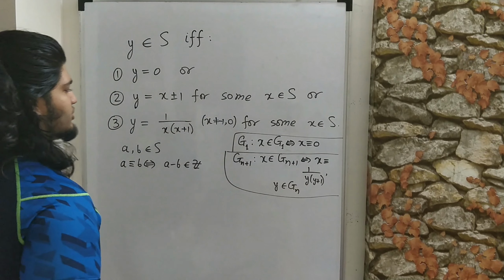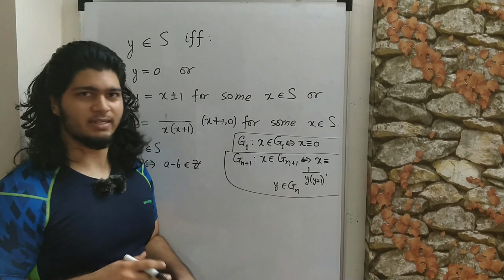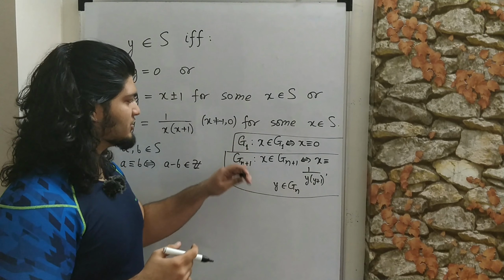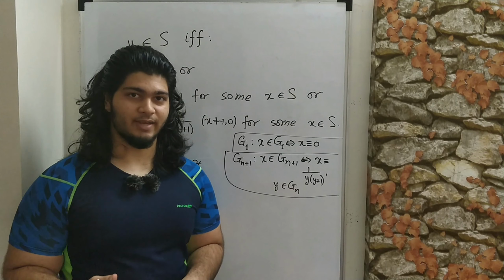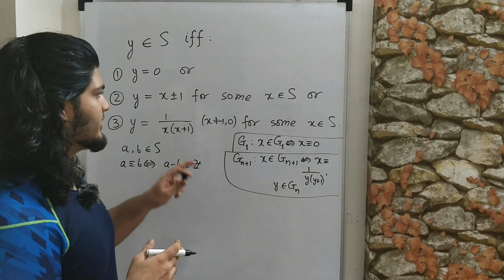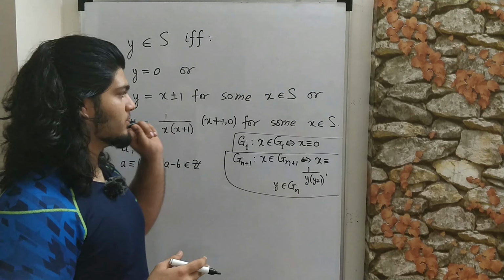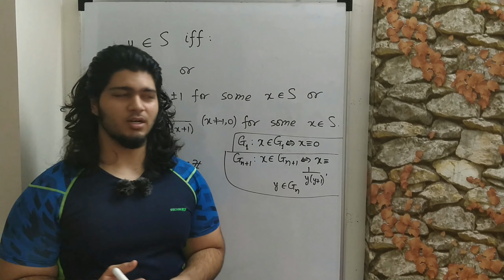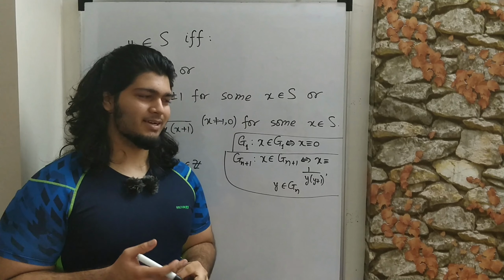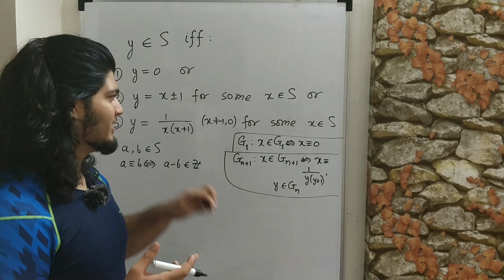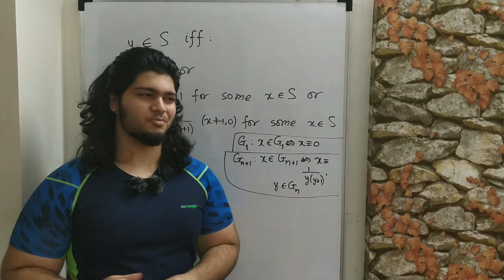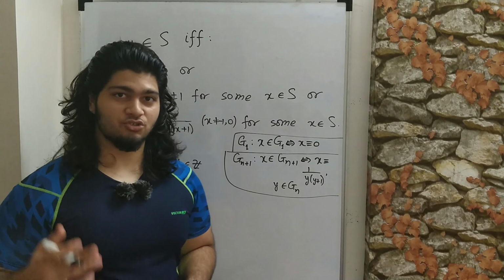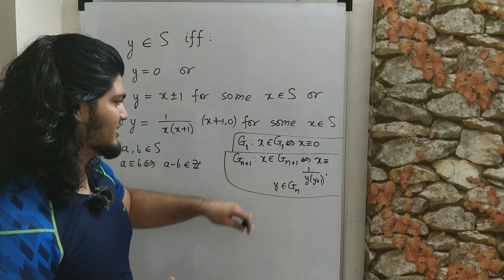So this is the definition of generations, and this way we can define infinitely many generations, and obviously you can tell that each of these generations is going to be a subset of S, and we can also tell that each and every element of S is going to be in at least one generation. It can be in two generations also. I'm not going to go into that. I think it can't be that some element of S is in two generations, but I haven't proven it. So for now we'll just say that it is in at least one of these generations.